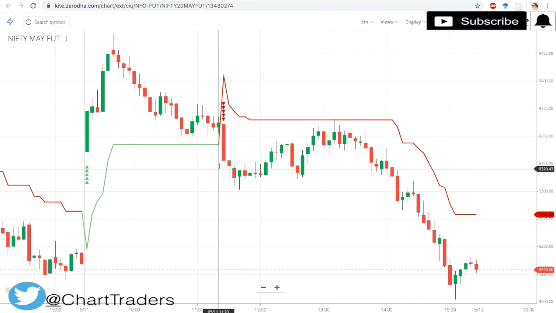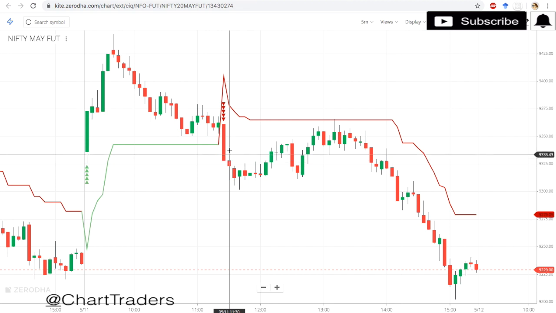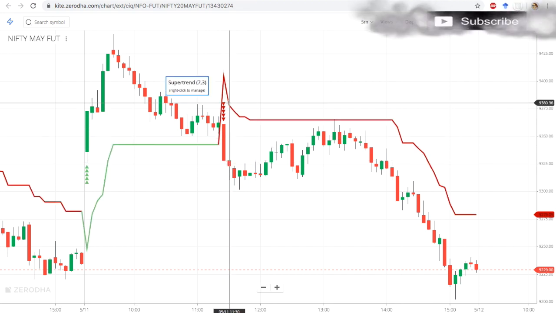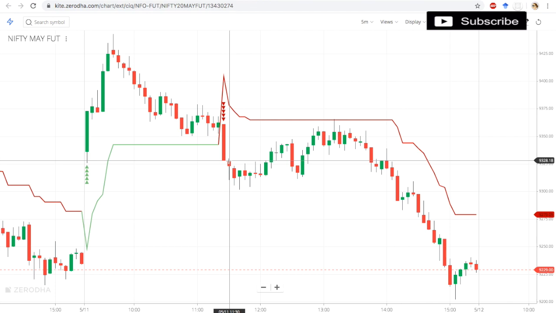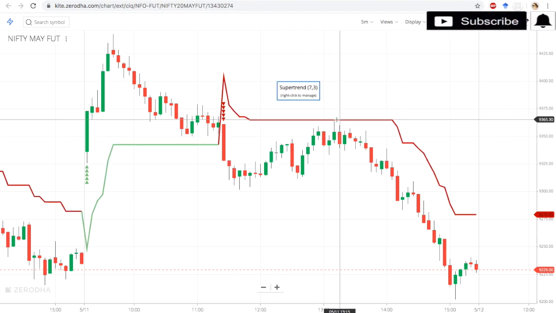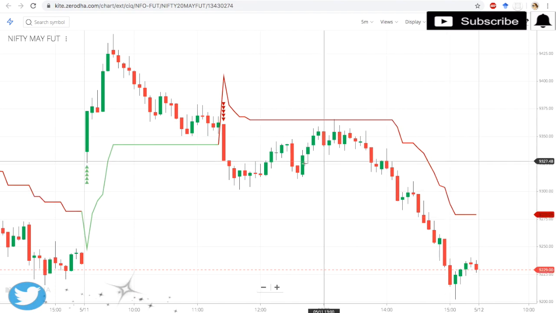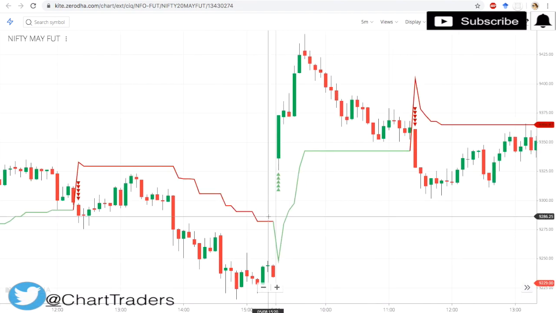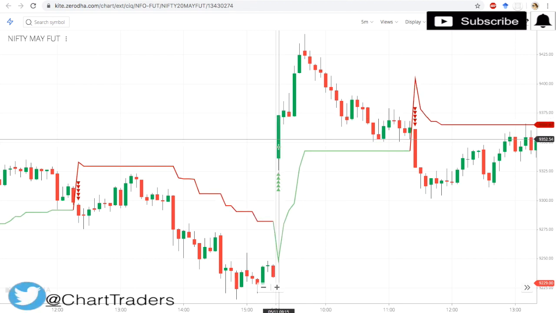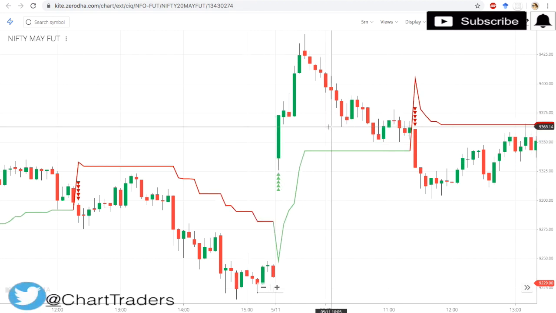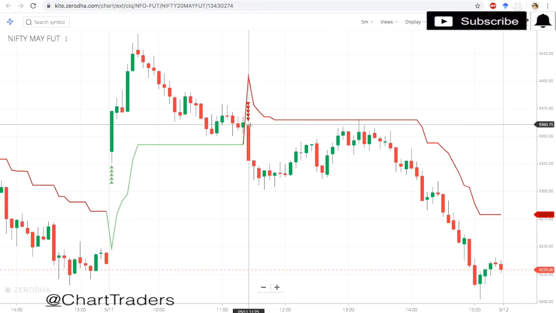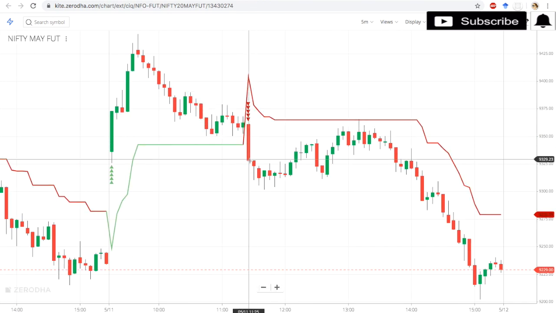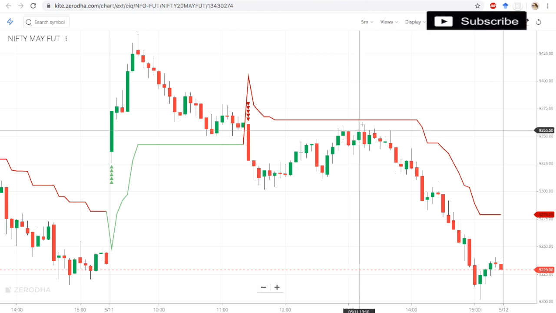So here at this point, Super Trend will give the sell signal. The close is below this indicator, which generates the sell value, so you can sell here. But after that we have an up movement, taking resistance at this point and coming back down. So it just represents a trend. If you take entry and exit based on the indicator value, then it might be possible you will lose money. For example, again here, you can sell here, but after that we have a huge upward movement, so it might be possible the stop loss will trigger.